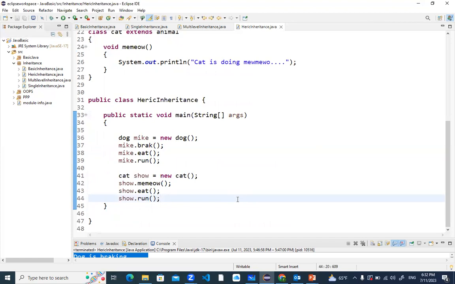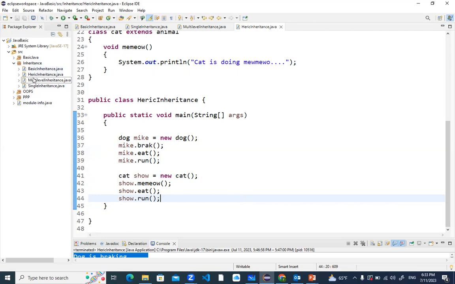tomorrow we are done with inheritance, so I'll not touch the new topic of polymorphism today, because polymorphism has 2 different parts, method overloading and method overriding. These 2 we will start tomorrow. Once we are done with overloading and overriding, polymorphism is finished, just like we did with inheritance. So next we will do encapsulation,